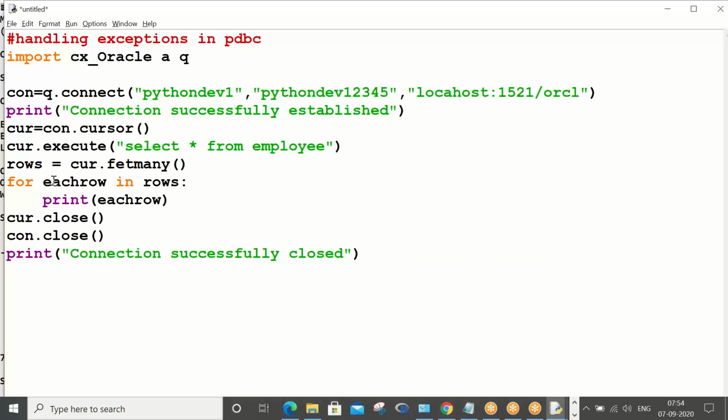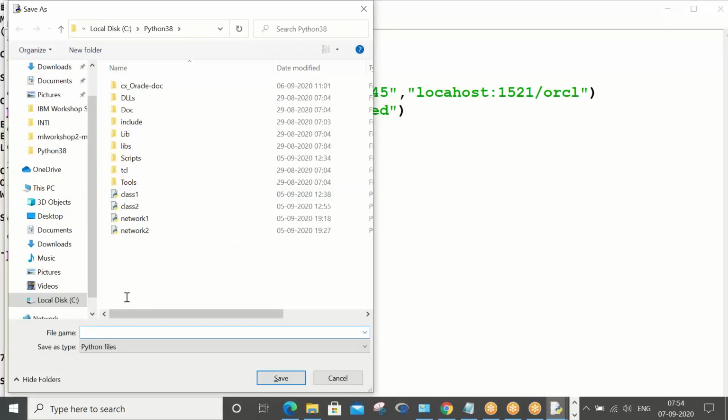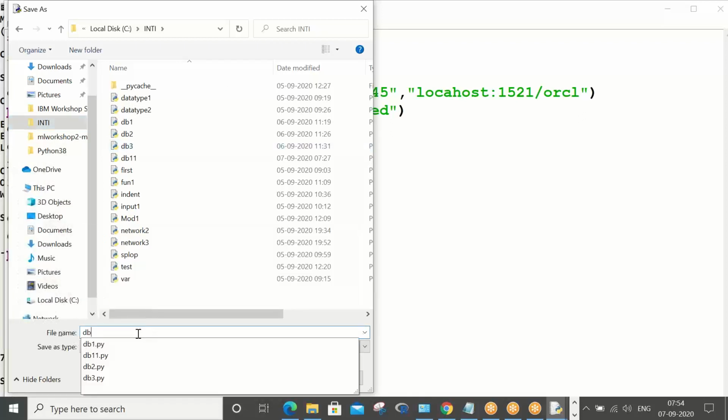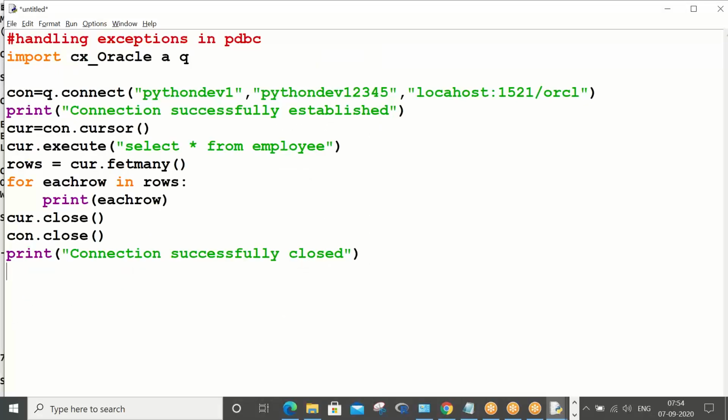Okay, so successfully closed. Now control S, so somewhere I'm storing, say db4. Now let's go ahead and run this.